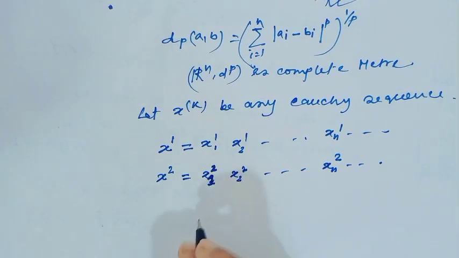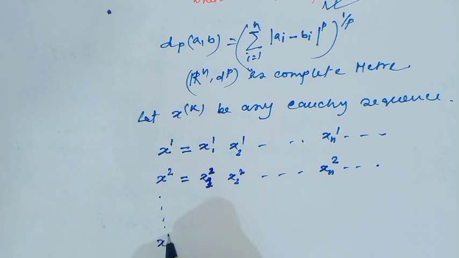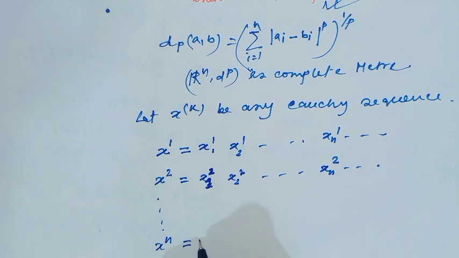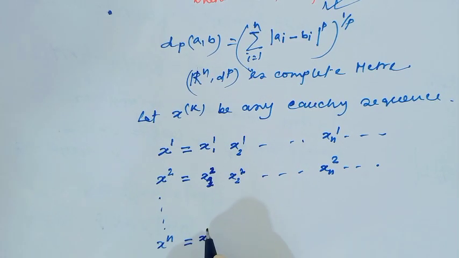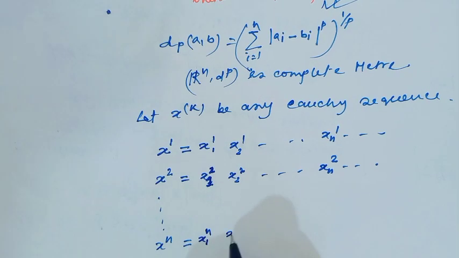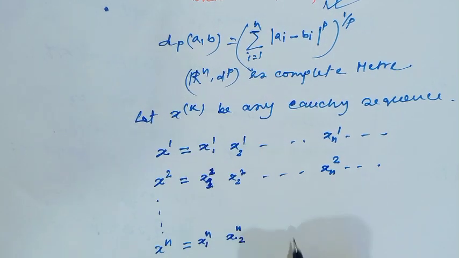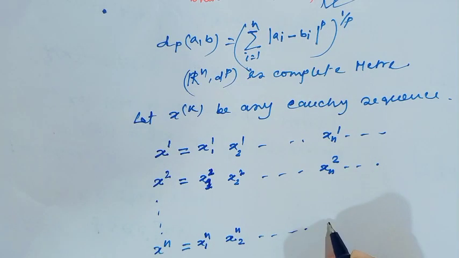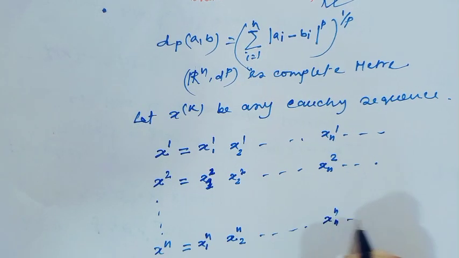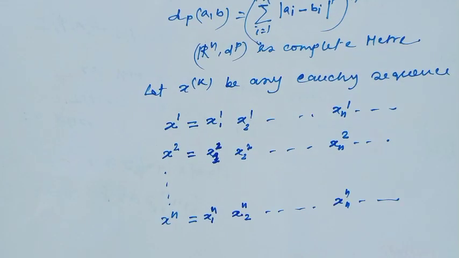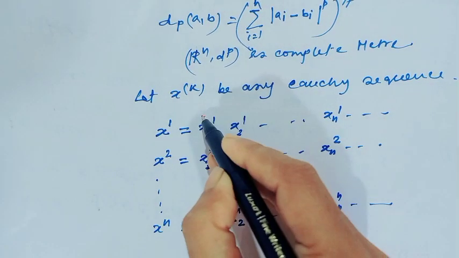Similarly, xn equals (x1^n, x2^n, up to xn^n), and so on. And I will create